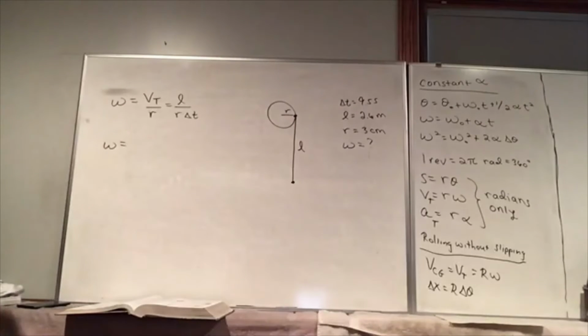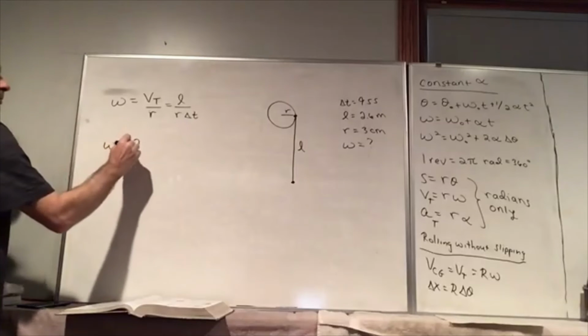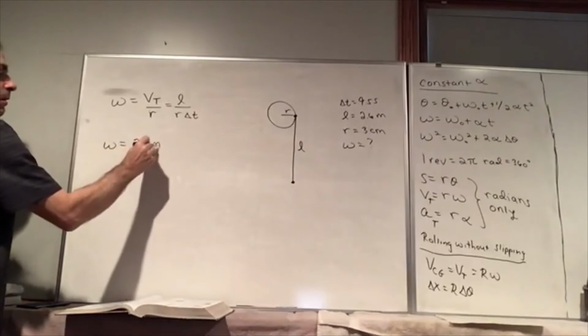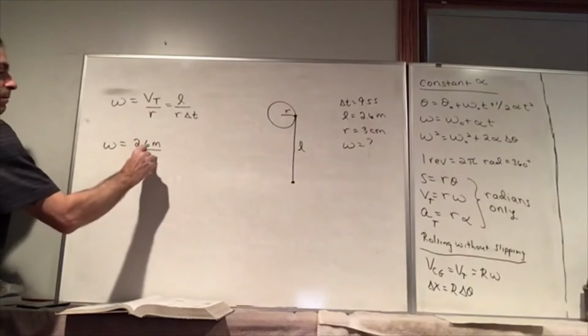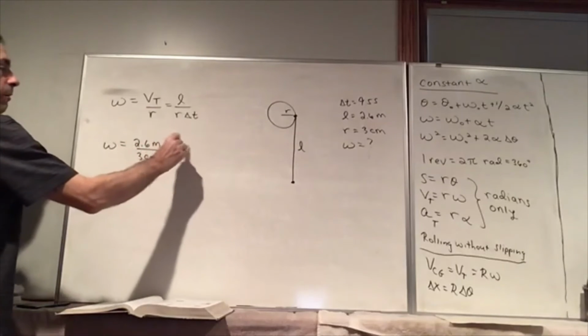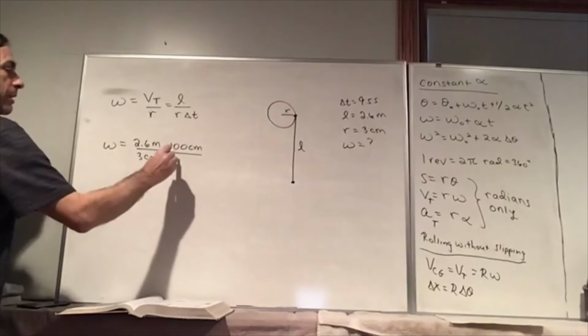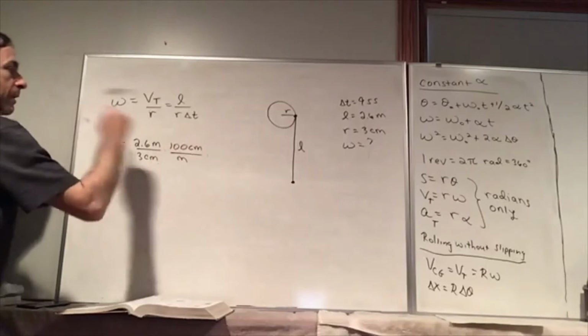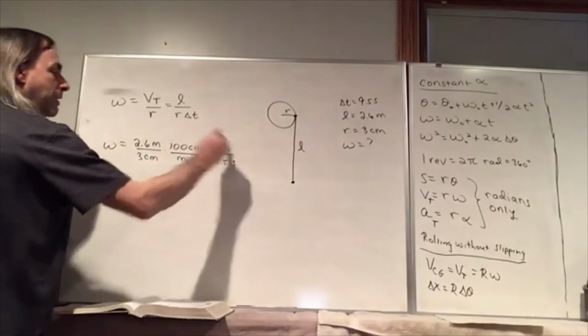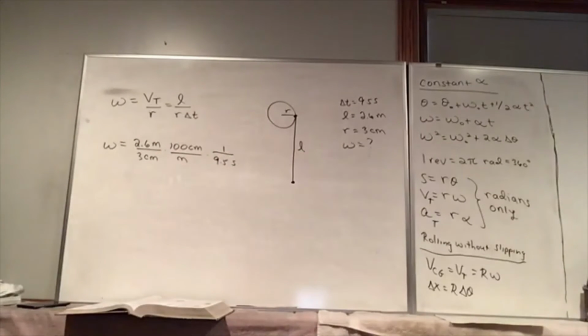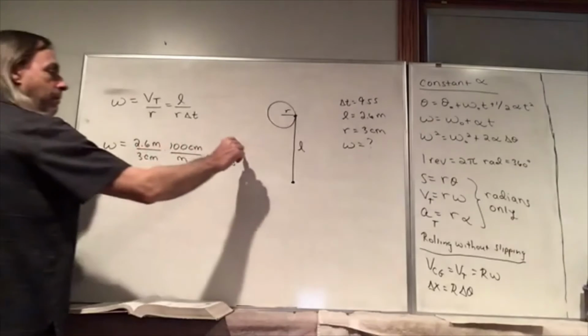So we have L is 2.6 meters divided by R, which is 3 centimeters. Let's fix that right away. 100 centimeters per meter. And then we divide by delta t, which is 9.5 seconds. And let's just throw in a radian,